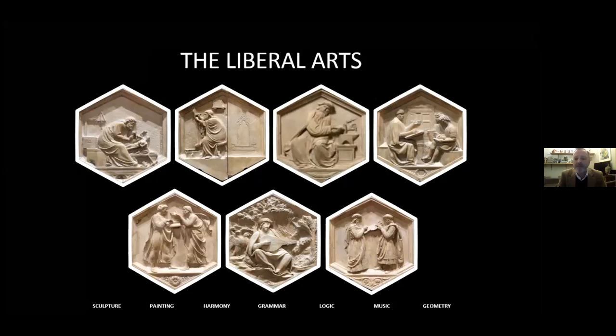And the ones that are perhaps a bit more difficult to find, because they're on the final side, which sort of faces the flank of the cathedral and is fenced off at the moment, are representations of sculpture, painting, harmony, grammar, logic, music, and geometry. If you're wondering why these things are on a bell tower, we can talk